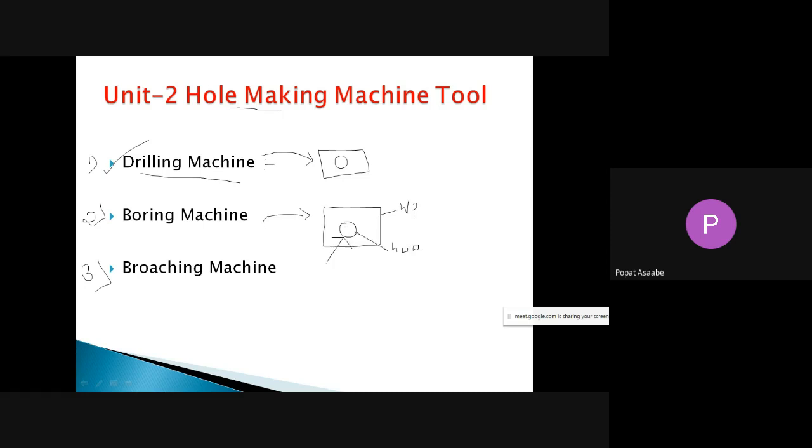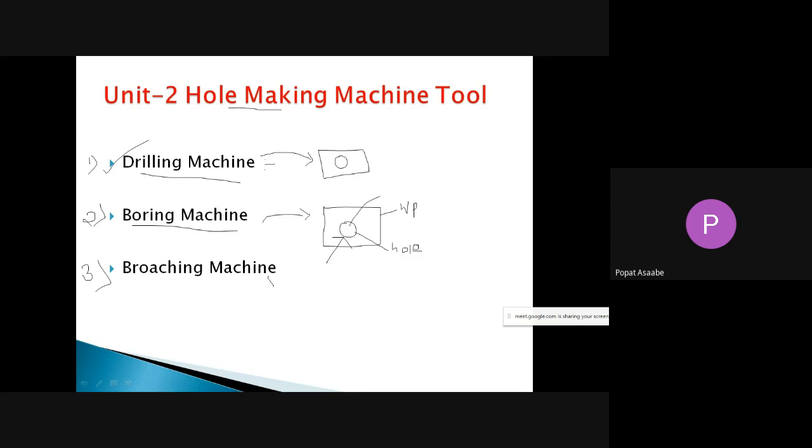For the enlargement of this hole, we can use a machine called the boring machine. The enlargement of that existing hole is called the boring operation.